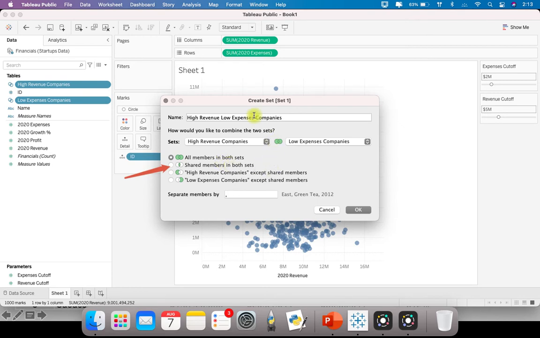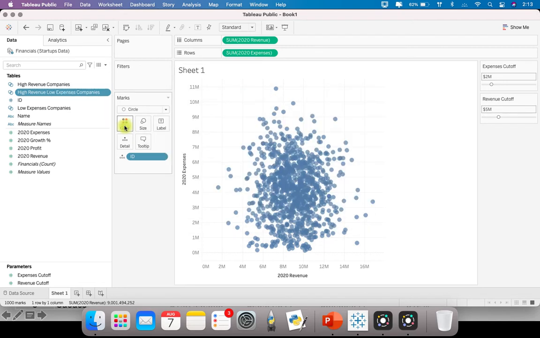Okay, and I want to get the shared members of these two sets. So I'll click on this option, shared members in both sets. That means basically the companies which have high revenue as well as low expenses, and just click OK. You see that I have this set now.